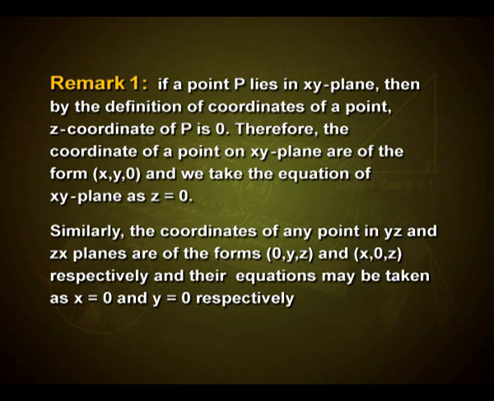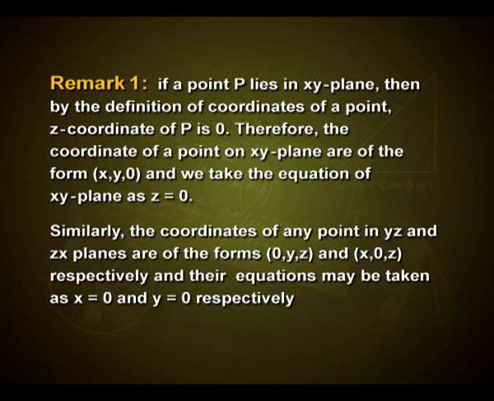Similarly, the coordinates of any point in yz and zx plane are of the form 0, y, z and x, 0, z respectively, and their equations may be taken as x equals 0 and